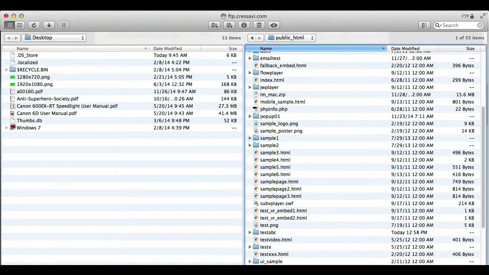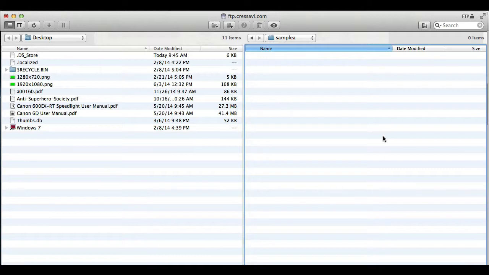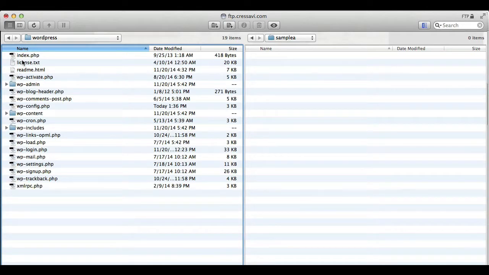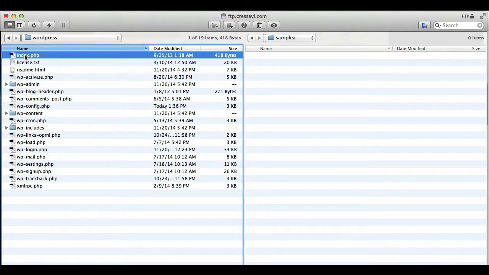Then I'm going to go into my folder, and this is my web server over here, and this is my local computer over here. So what I'll do is I'll switch to the directory on my local computer where I have my WordPress files. Okay, so I switched to that directory on my local computer. I'm going to go into my WordPress folder that I downloaded. I'm going to grab all of these files,